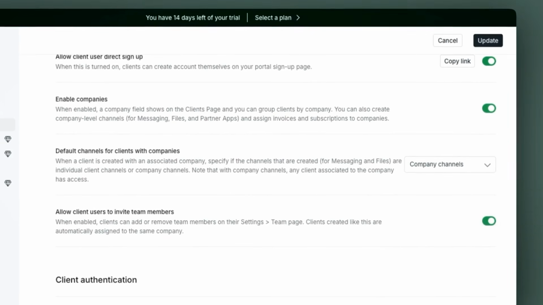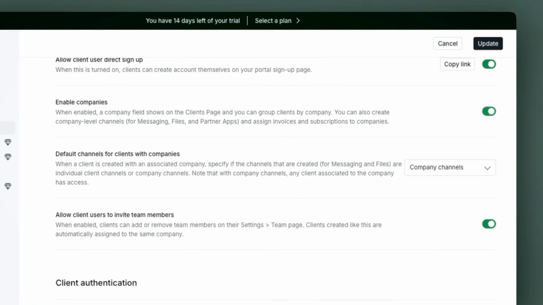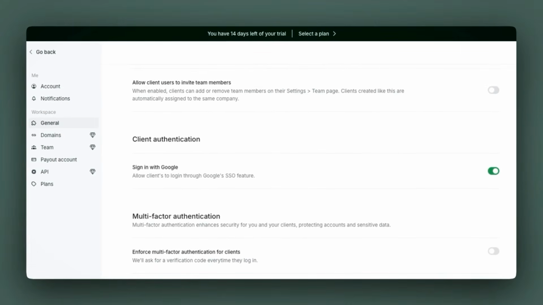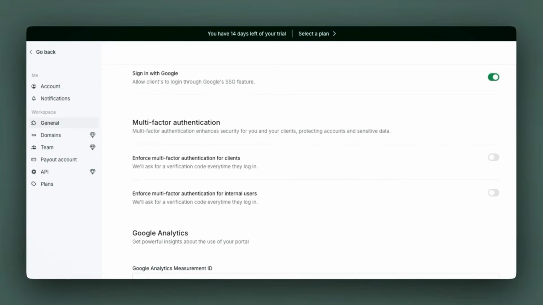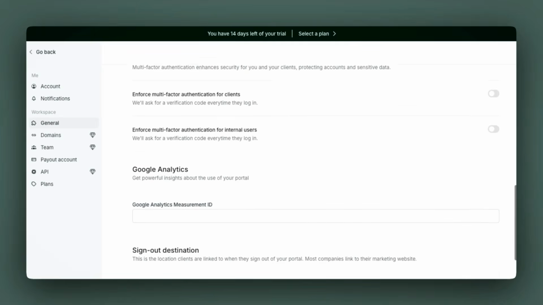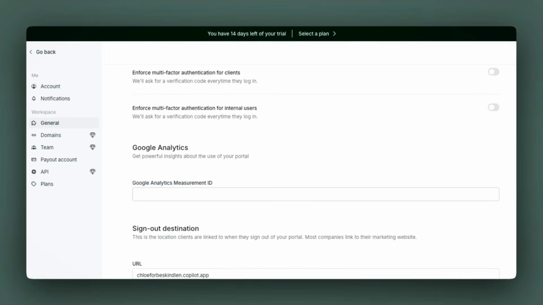Whenever you make a change, make sure you select update in the top right hand corner. Scrolling down, you could choose whether you want to allow sign in through Google. So I've marked this as on. And then we have some more authentication steps if you want to take further steps to protect the security of you and your clients and their accounts. And then we can add our Google Analytics. I'm not going to go through that step in today's video, but you could add your ID in here and